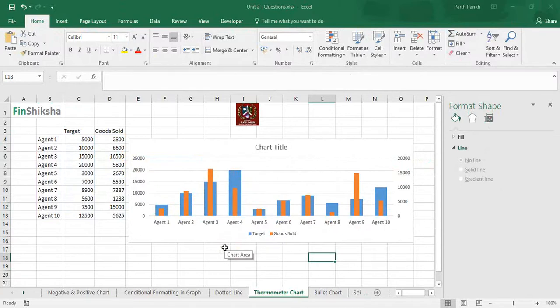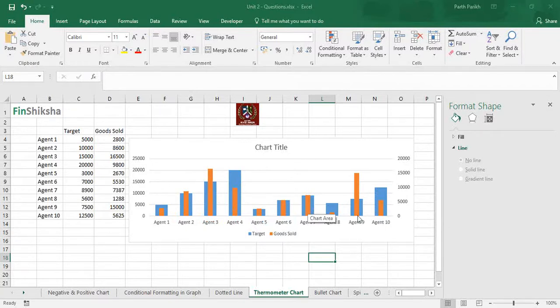Now where do we use this chart? This is more like a sales manager chart, where they have 10 agents assigned to them and they want to see which agents surpassed the target and which did not, and depending on that they will take action. Now agent 1, agent 4, agent 8 and agent 10 did not meet the target at all, so they will probably take some actions.